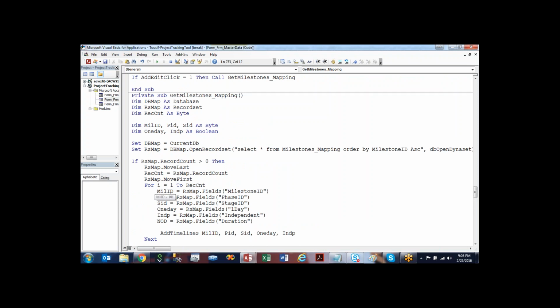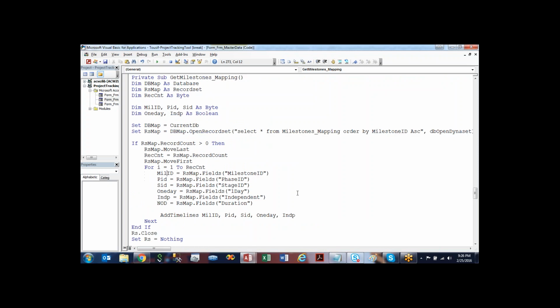Oh, got it. So here we need to move the record, rs.map dot move next, and here you can check the condition. If not end of file, then